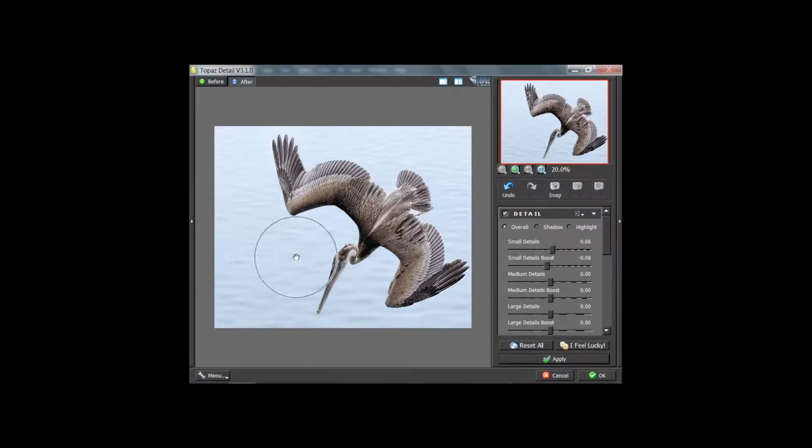That way it reduces any of that subtle detail that I didn't want to sharpen in the first place, but it doesn't affect the finer, more visible detail that I've already taken care of with the main small details slider on the perk. So it is a nice little self-masking option. It's technically not a self-masking, but it serves the same purpose. So I'm going to go ahead and leave that down because it's already there. I'm going to hit OK. And now I have my